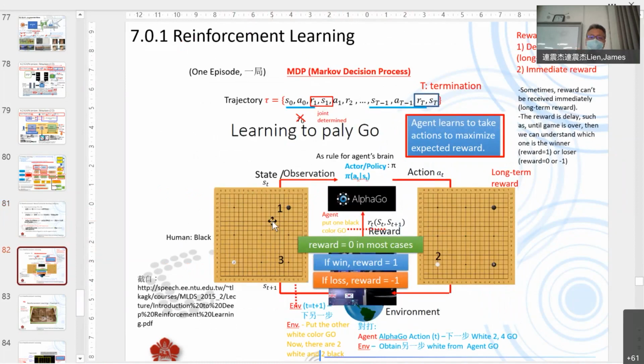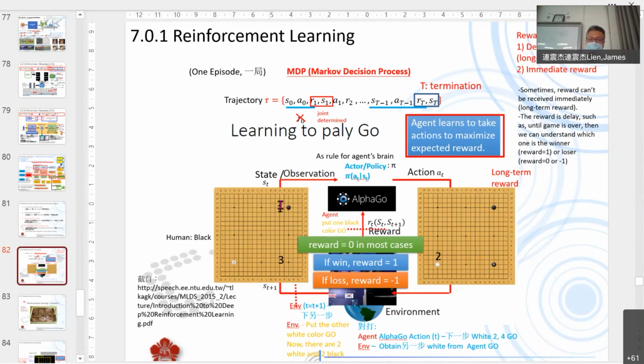State is a situation, an image, what you can observe. And then after that we call it policy or actor, meaning you train parameters pi, and then what's your action? What you do next. For example, you have black chess here and white chess here.